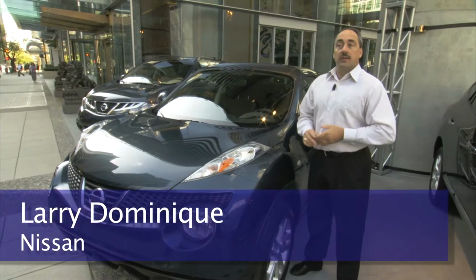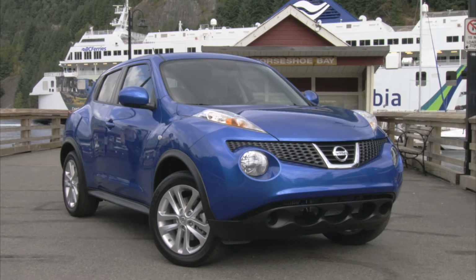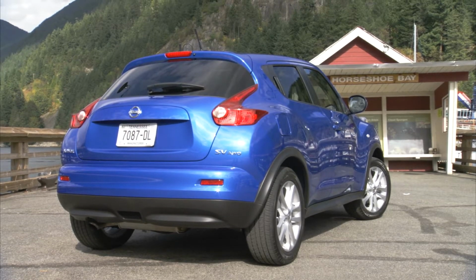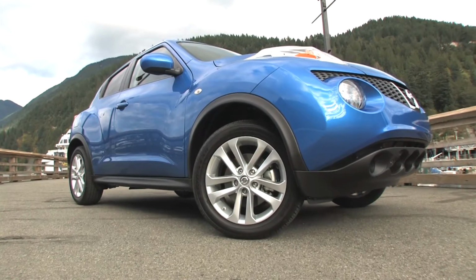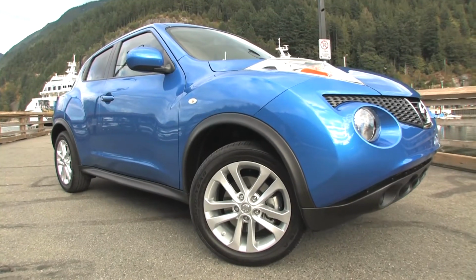This vehicle behind me is the new 2011 Nissan Juke. This is Nissan's first entry into a sporty cross kind of segment. You're going to notice it has a very unique design. Some people call it bulldogish, some people call it sporty and crossover, but in reality it's a very strong masculine